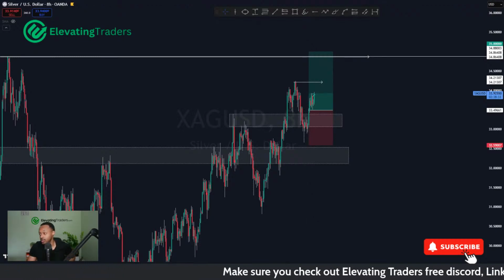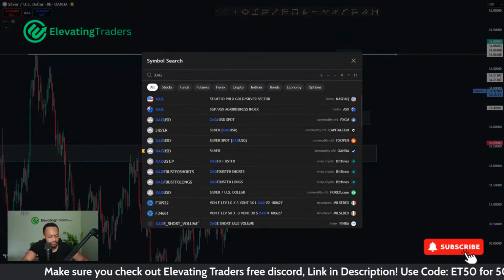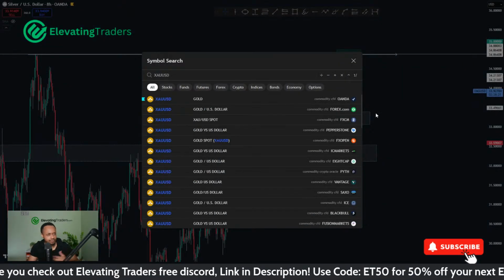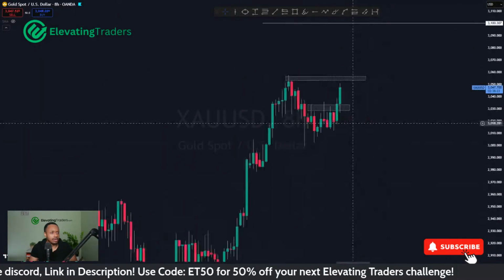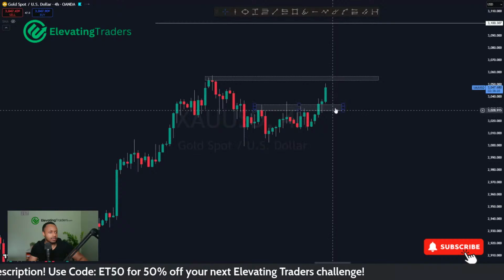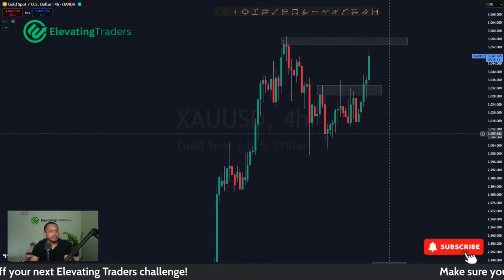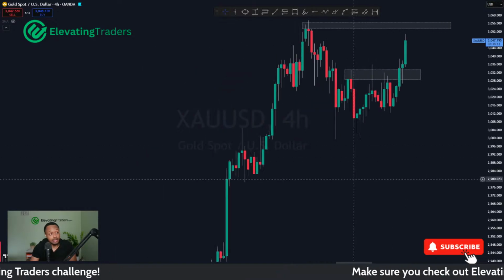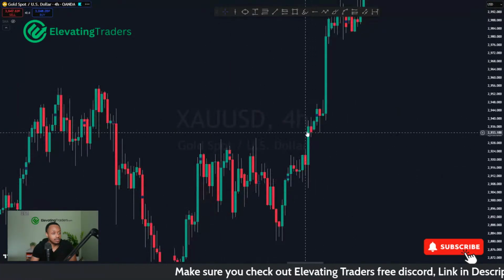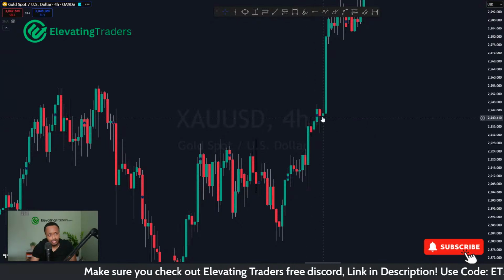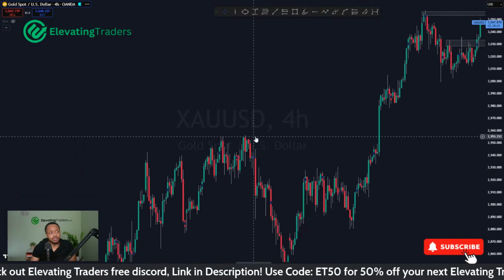Yeah, gold is absolutely ripping. That surprised me, Matt, because I was looking at gold probably about an hour ago, and it was still just hovering around the prices here. So when I flick to gold and I see it shooting up there, it caught me by surprise. But yeah, I guess that's what gold does. You blink and you miss it. You had a lot of consolidation, a big breakout, a few smaller candles, and all of a sudden, boom, price absolutely obliterates that prior high.